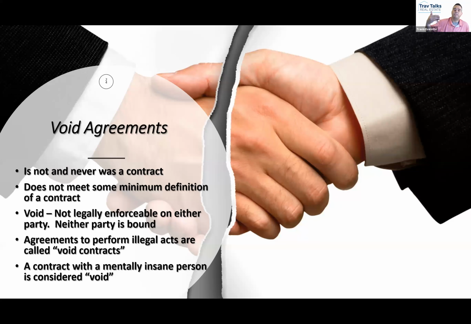There's no relationship at all between a void agreement and a valid agreement, or even a void agreement and a voidable agreement, even though the names sound similar. Because the problem with a void agreement is not that the parties are wrong, or one of the parties doesn't know what's going on, or was drunk, or was a minor, or breached the contract. The problem is not with the parties when you have a void contract. When you have a void contract, the problem is with the agreement itself.